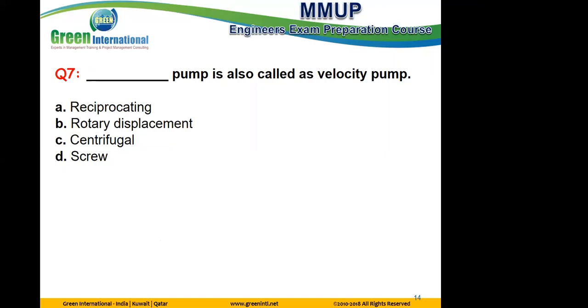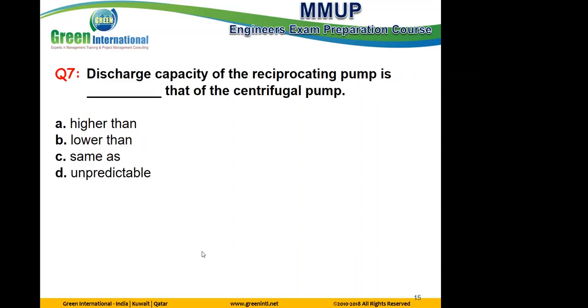Centrifugal. Which one? Centrifugal. C. Centrifugal. Correct. Next,